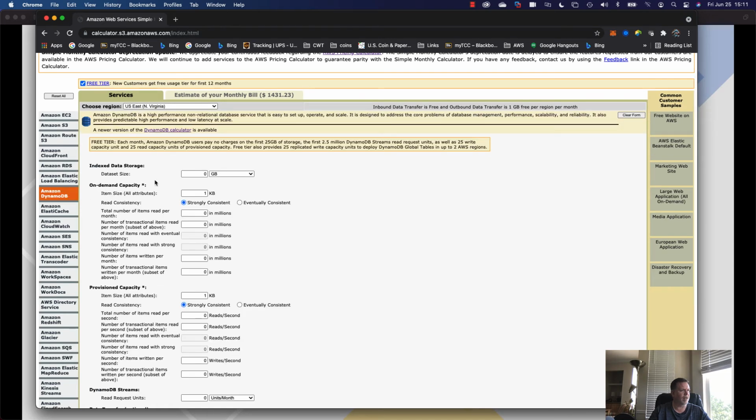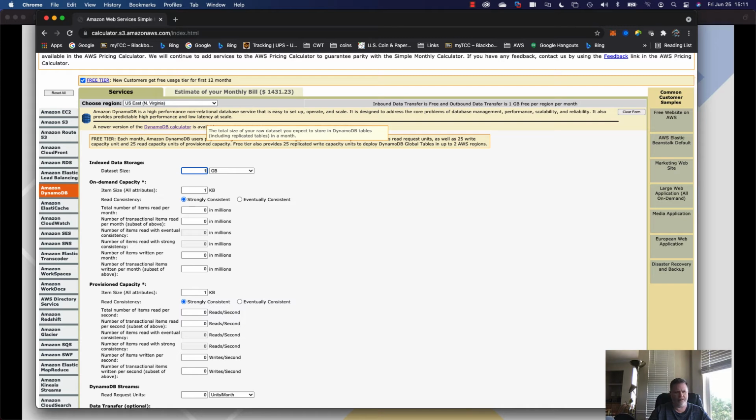Like if you needed a database, adding a 100 gig database, total number of items of reads in the millions. This is million reads. So let's say it had 5 million reads, and item size is, we'll say 10K,